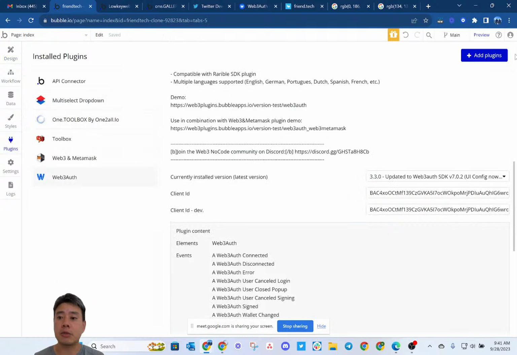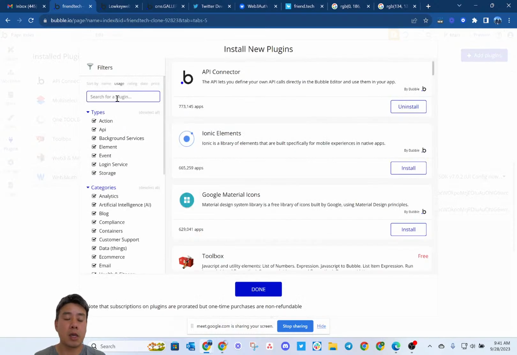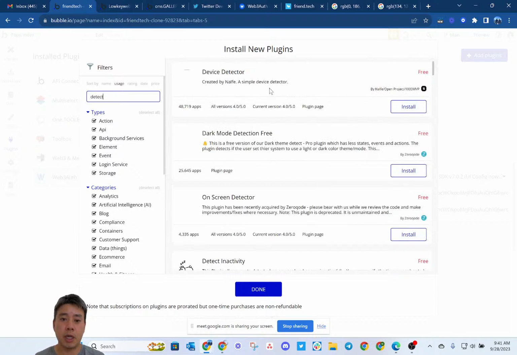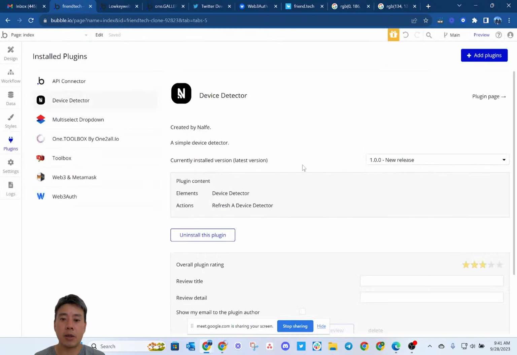if we go to plugins and we look for device detector, and there's a free one here, which is I think pretty decent. I think I've used this before. So we have a device detector. What we do then